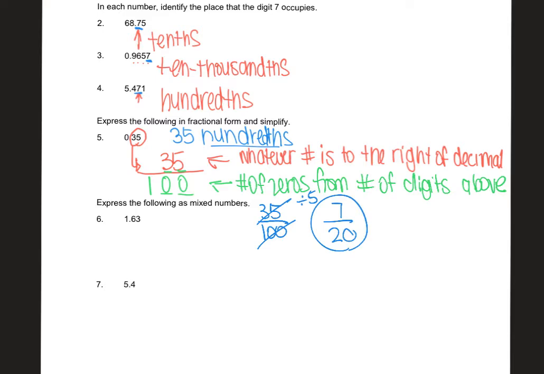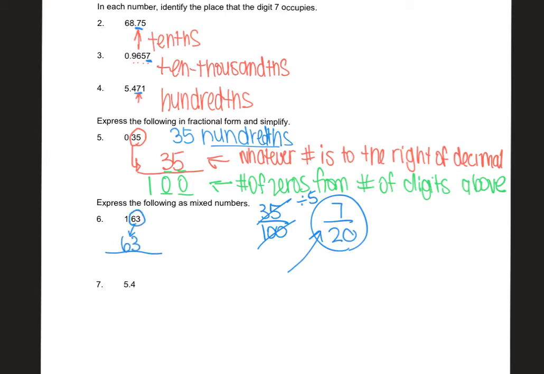Now it says for the next one, express the following as a mixed number. So we're going to do the same process, but at the end, a mixed number would have a number here, right? So in number 5, it didn't have that. In number 6, it does. So we are going to do the exact same process. We are going to make a fraction. On the top,